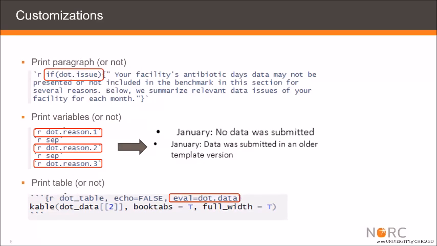So we're getting data for each month. Some months facilities didn't give us their data. We want to tell them why. Also, there might be an outlier in a month, and we want them to know why their data isn't being included in the benchmark. So we were able to figure out, in our markdown, there's chunks for paragraph text,